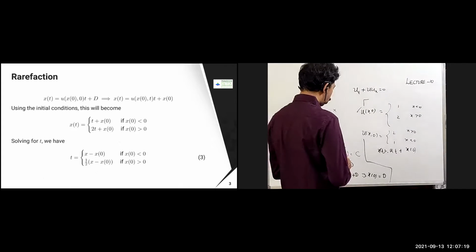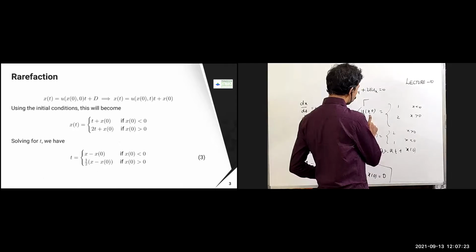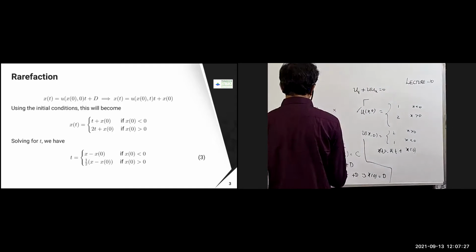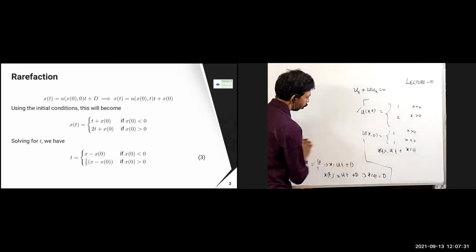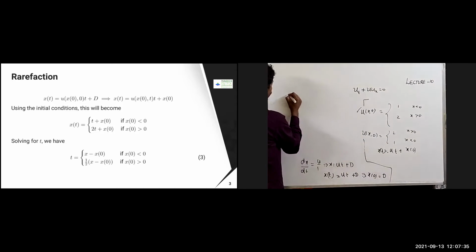Now what are we going to do? We are going to use this initial condition, and then let us see what x of t is equal to. So in this case, what is it going to become? x of t is equal to